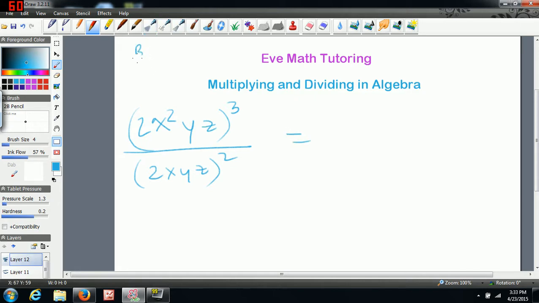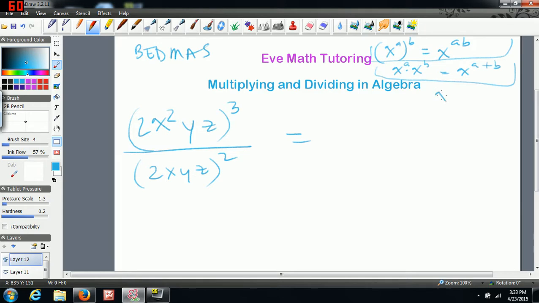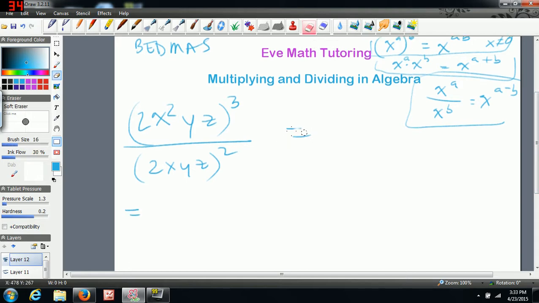Again, in something like this, you are going to be following BEDMAS. So you're going to deal with the exponents first. And to do that, you want to use the rule x to the a, all to the b, is equal to x to the a times b. And when you're multiplying similar things with similar bases, you're going to use the other rule, which is x to the a plus b. So those are two different rules. In division, x to the a divided by x to the b is x to the a minus b. When you're dividing two things with the same base, you have to subtract the exponents. So in this case, we would deal with the exponent first. Okay, so we would actually get,